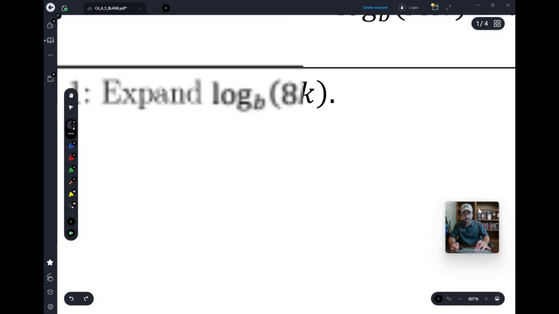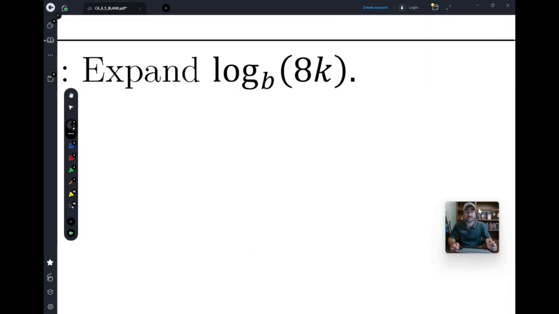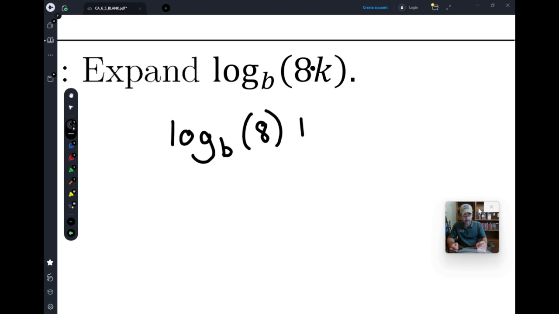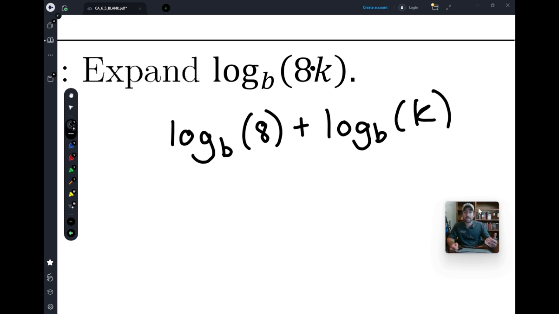And so we're going to expand this as much as possible, even though it might not even be productive for the future. We're still going to do it. So you see a multiplication there. So the first thing we're going to do is expand this log, keep the base exactly the same, log b of 8 plus log b of k. That's a nice pretty answer, but we could expand it even more because you know 8